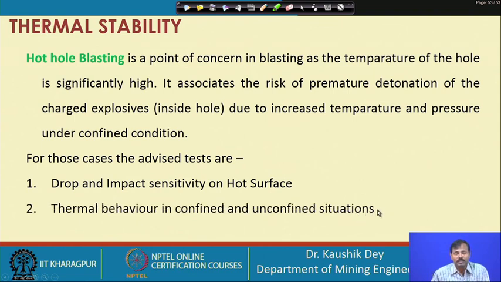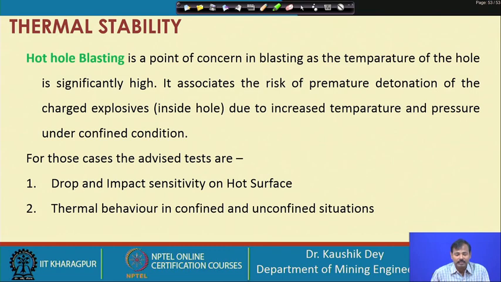Hot hole blasting is basically a type of blasting where the temperature of the blast hole is very high. Normally we consider any blast hole having a temperature of more than 70 degree as a hot hole. So, hot hole blasting is a point of concern in blasting as the temperature of the hole is significantly high,